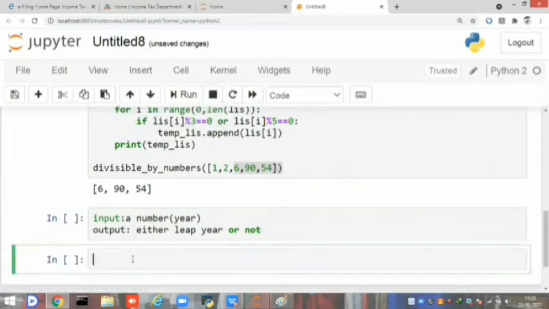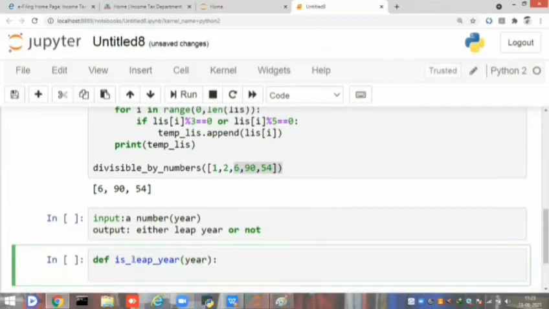And now code it. def is leap year of year. What is the base condition for whether it is a leap year or not? First we have to check whether the year is divisible by 4 or not. If year mod 4 is equal to 0, it must be a leap year.